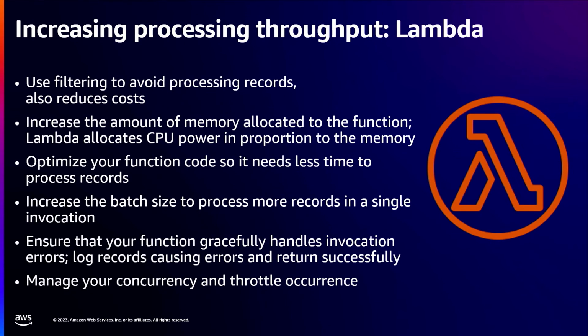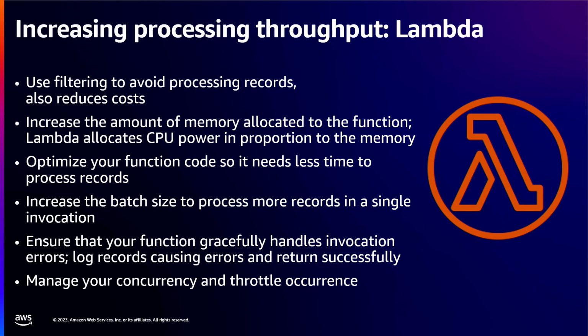Well, the first thing is think about your filtering. Filtering is just going to drop the message, and this is going to avoid processing records. It's not even going to get you a Lambda function. That's going to speed things up. It's also going to reduce your costs because you're not doing any filtering within your Lambda function to drop anything. So yeah, you want to increase your processing throughput. If you are using filtering, or filtering is an option for you, that's really the easy way.